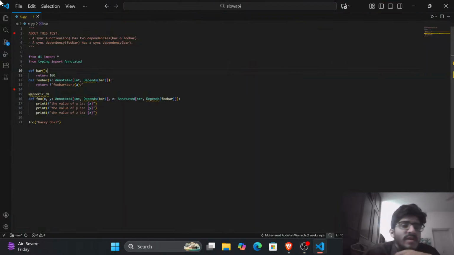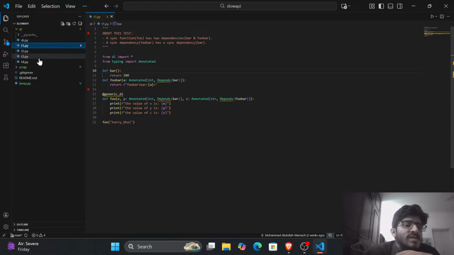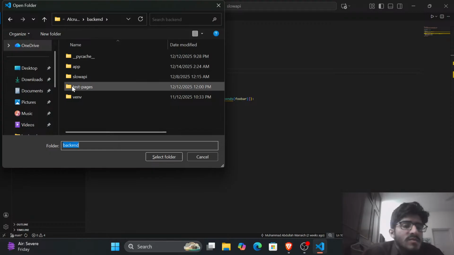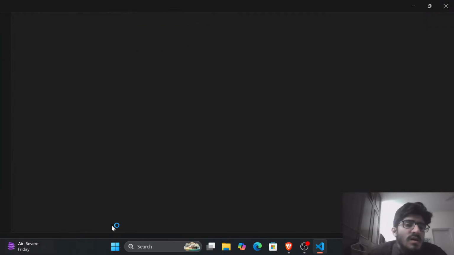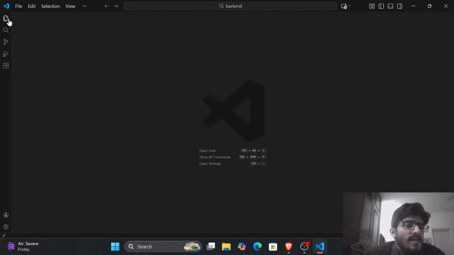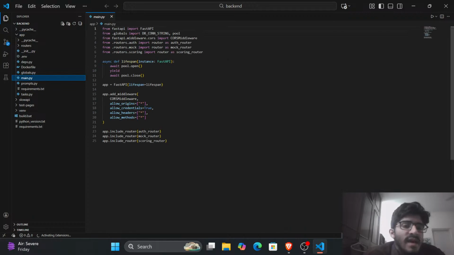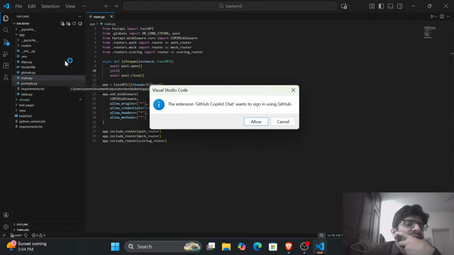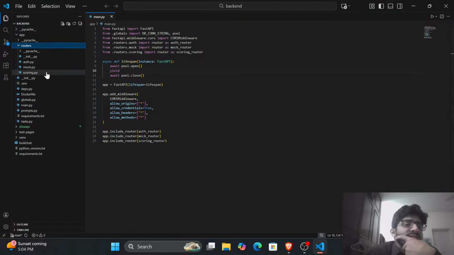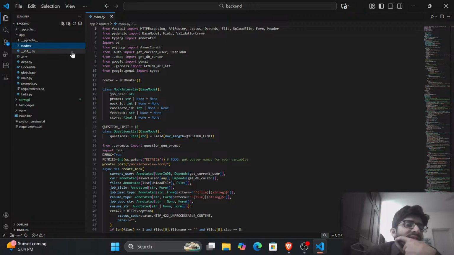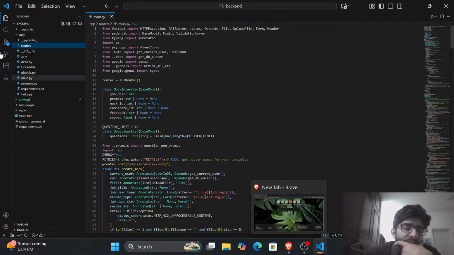Just for context, let me show you how this is supposed to work. Let's go to the backend. So I was building this backend in FastAPI, and these are the routers. And what's going to happen essentially is that